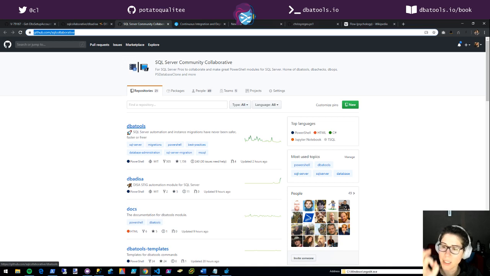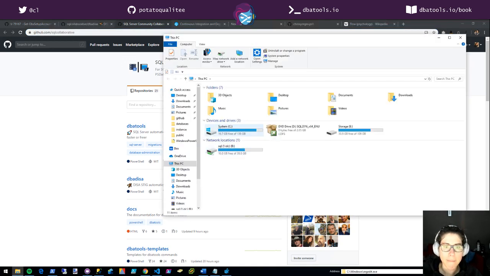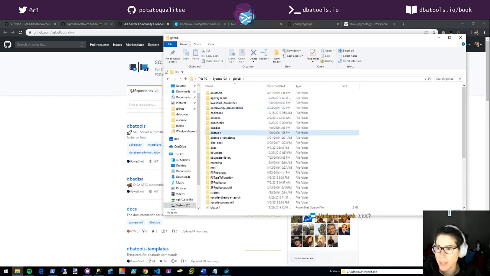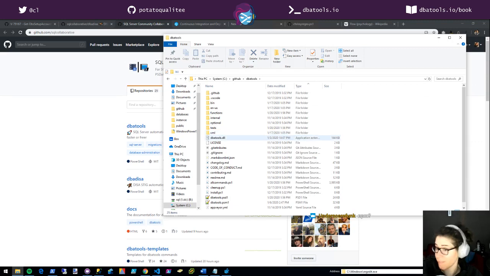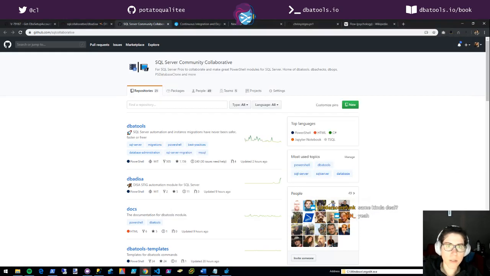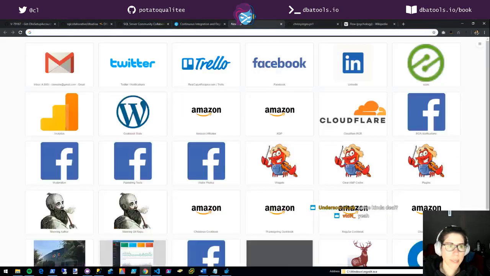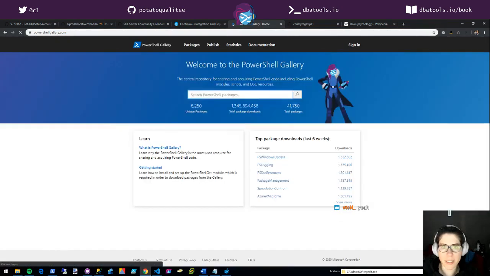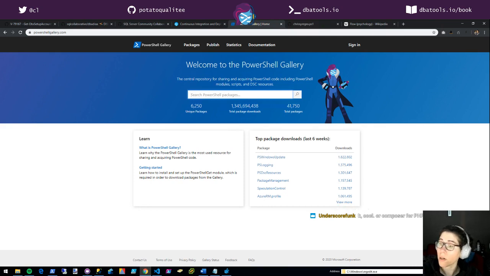So you download these little things, and it's really cool because this is what a module looks like. DBA tools. Yes, similar to NPM. So our repository, exactly. Our repository for PowerShell, kind of like the way that NPM uses, if we go to PowerShellGallery.com, this is ours. So instead of NPM install, we do, or Composer for PHP.